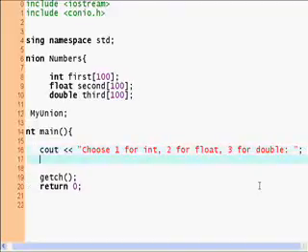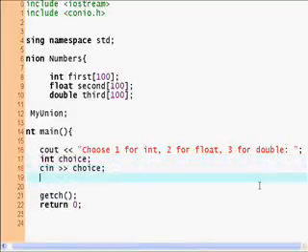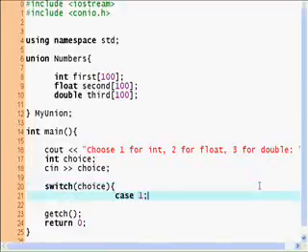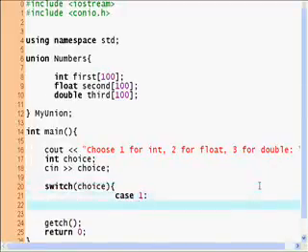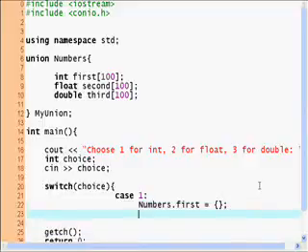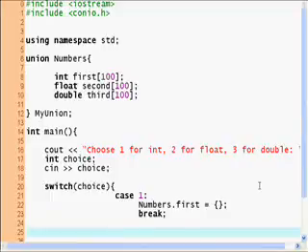And now we put int choice, cin choice. Then just put a switch statement here, switch choice, case 1, and I want to say numbers first,